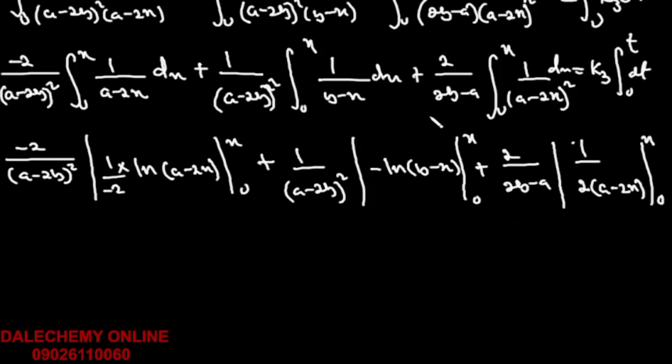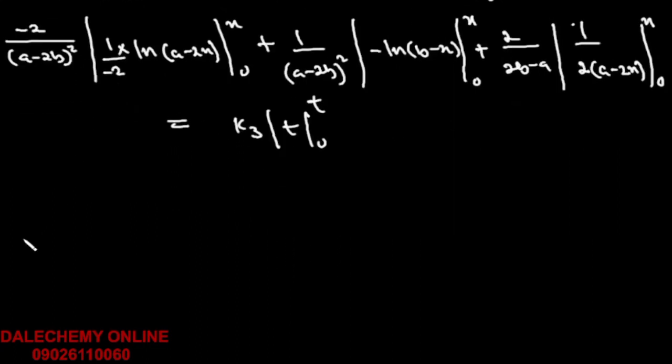Now don't forget, after integrating, it is equal to k3 times the integral of dt, which is t from 0 to t. And then we have minus 2 over a minus 2b squared. Now this becomes, before you even introduce your limits, you can actually factorize, because it's a constant, times 1 over